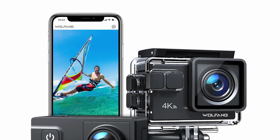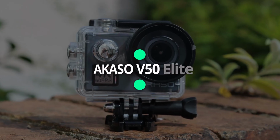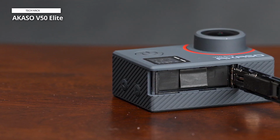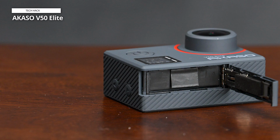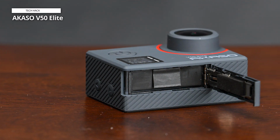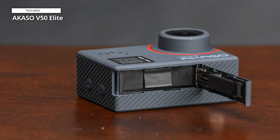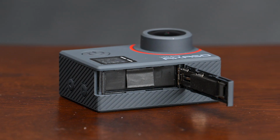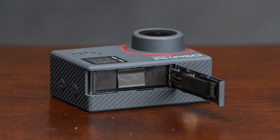AKASO V50 Elite. Capture your adventures in stunning detail with the AKASO V50 Elite 4K 60 FPS action camera. Designed for outdoor enthusiasts, this camera delivers high-quality footage with its 4K resolution at 60 frames per second, ensuring smooth